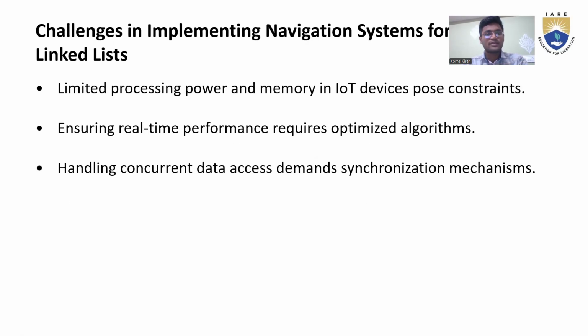And challenges in implementing a navigation system for circular linked list. What are the challenges we can see? Limited processing power and memory in IoT devices pose constraints. Constraints means the memory in IoT devices that we use. And ensuring real-time performance requires optimized algorithms. Here the optimized algorithm is a step-by-step process for real-time performance, which we can see through the coding. And handling concurrent data access demands